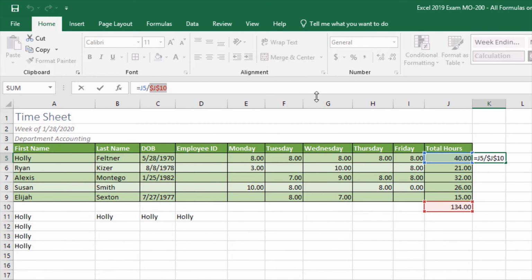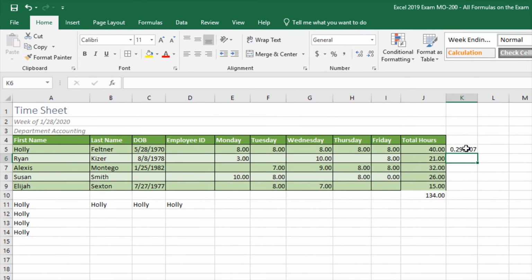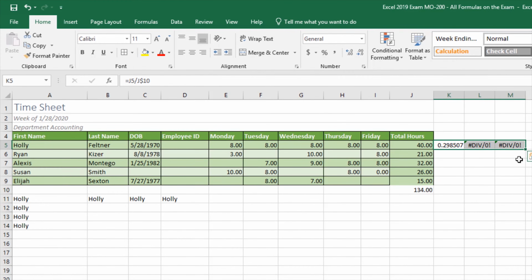But if I hit F4 again, notice that the $ was removed from the J column. What that means is the J can change. So if I drag my reference right, it'll go from J to K to L. I'll show you what I mean. Hit enter. And if I click and drag to the right, notice I'm getting an error message,